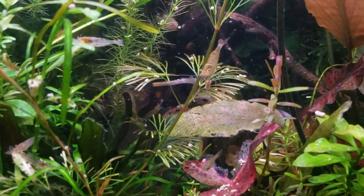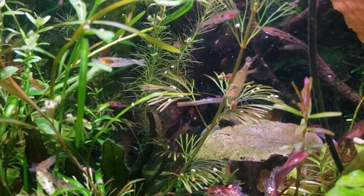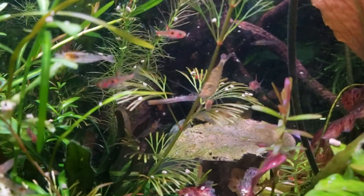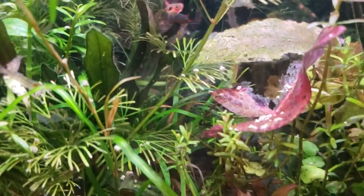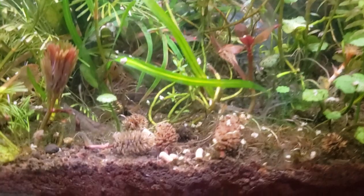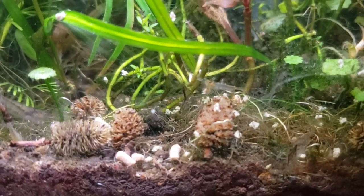I just wanted to show you guys some mealtime in a very densely vegetated tank. I would consider this a nano tank. It is 17 gallons, has a small footprint, and yet I have quite a diverse array of fish and shrimp in here. We have 3 species of shrimp, actually 4,